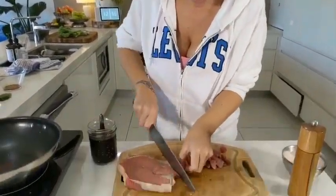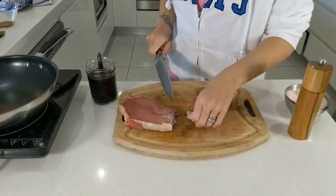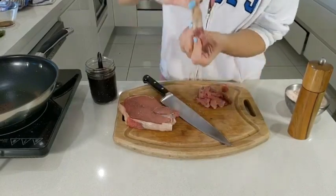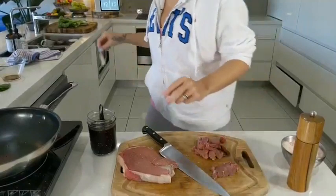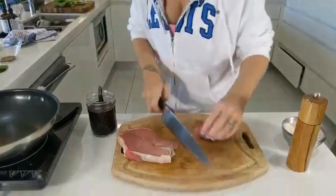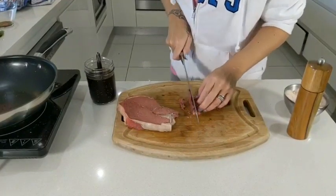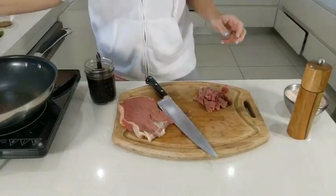So you're literally taking your beef, trimming back the fat, just taking that off. I mean, especially that, because that's actually not fat. That is sinew. So you can't eat that. It doesn't matter how long you cook it, you cannot eat that. So you want to trim that stuff off as well. And in trimming it, you're able to get your nice thin slices of beef. Alright, so once you've done your thin slices